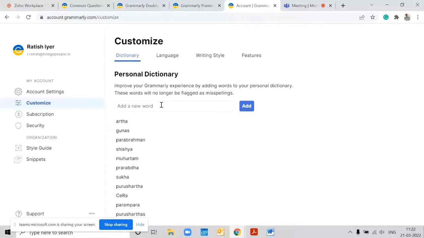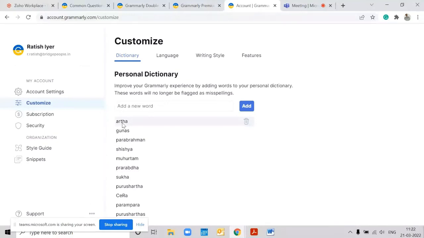So what are the words that you could add? Now you see here there are some Sanskrit words which I have anglicized. This was when I was working on one of my manuscripts. So I have this here. I know that some of these names may not be found in the regular dictionary. You could also, in your own field, come across words which are typically found in your science, technology,